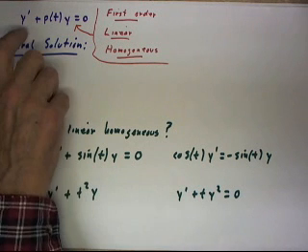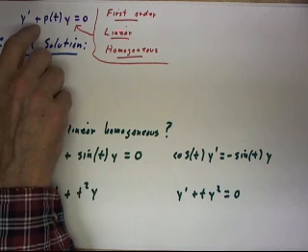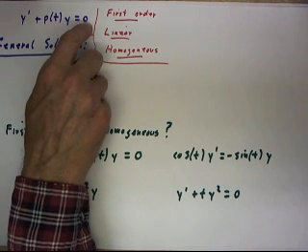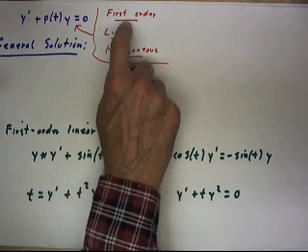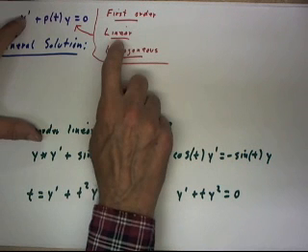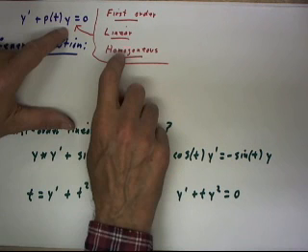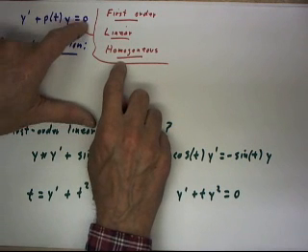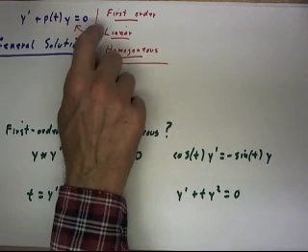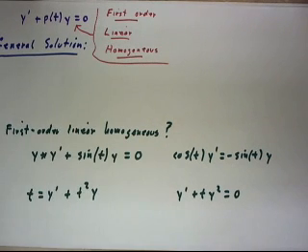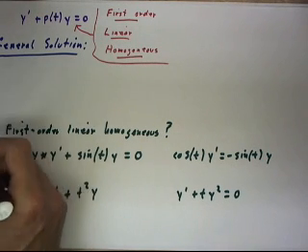We've seen now that the equation y prime plus p of t y equals 0, which is first order, highest derivative is the first, linear, no squares of y's or y primes or any of the derivatives of y, and homogeneous, equal to 0. This is a first order linear homogeneous equation, and now we have a general method for solving